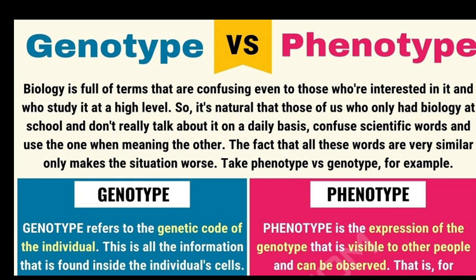It means the phenotype is the result of expression of genotype. In a cross between a red flower plant and a white flower plant, the F1 generation plants can be classified either according to their genetic composition or according to their appearance. So the capital R offspring constitute the genotype, and the appearance of the red color of the flower constitutes the phenotype. Okay, so this is the difference between your genotype and phenotypic character.